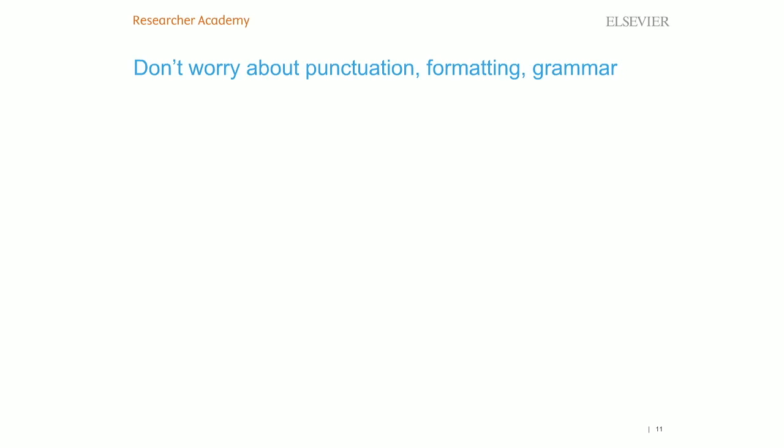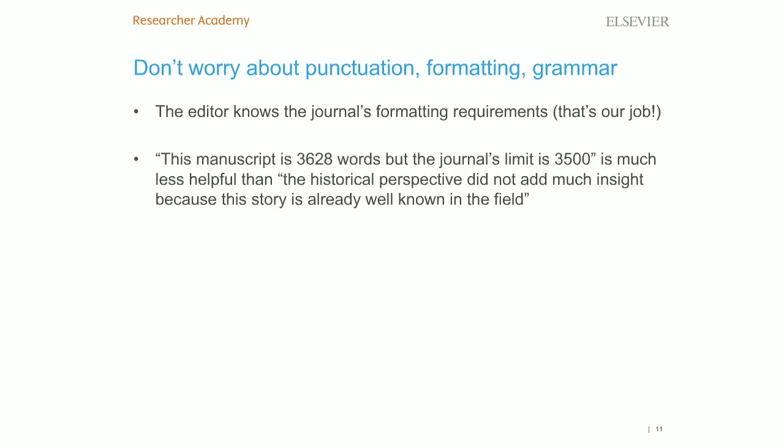Things not to worry about. Punctuation, formatting, grammar. So the editor knows how articles are supposed to be formatted. That's our job. Often I'll get reviewer comments along the lines of, oh, the limit is supposed to be 3,500 words, but this manuscript is 3,628. Yes, that's true, but I can check that very, very easily, and I can give the author some suggestions for